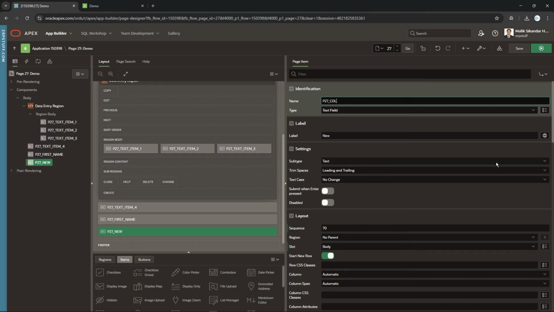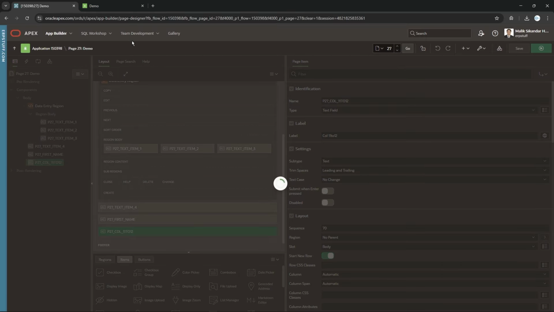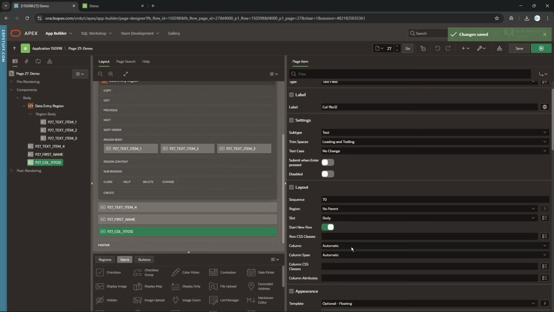Let me say column 8 to, or maybe not 8, column 11 to 12. I will make the settings, right? Let's see what it will do. And down